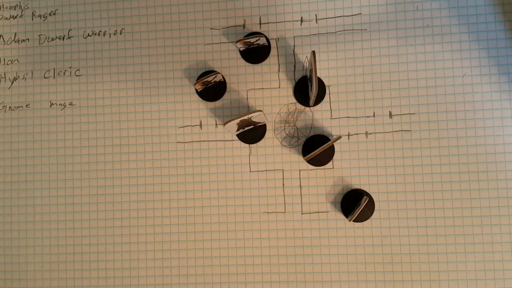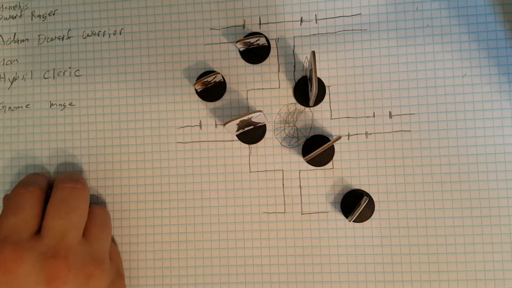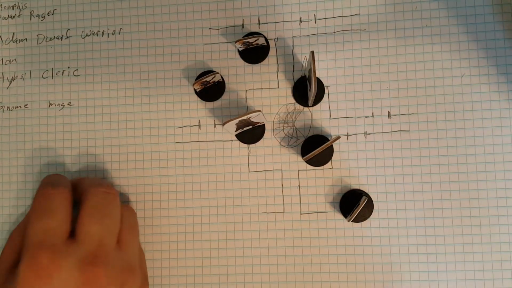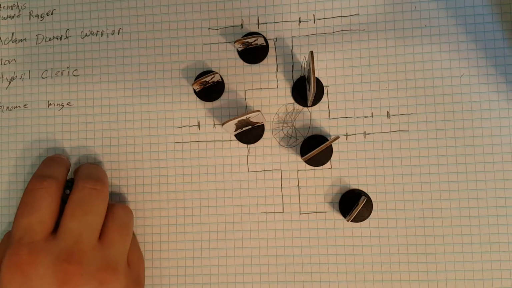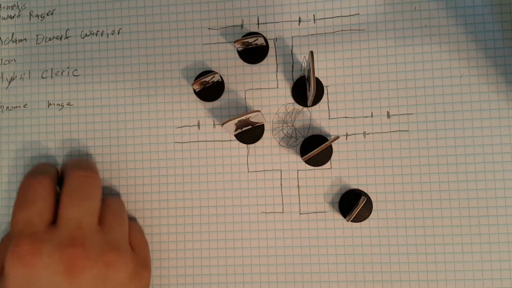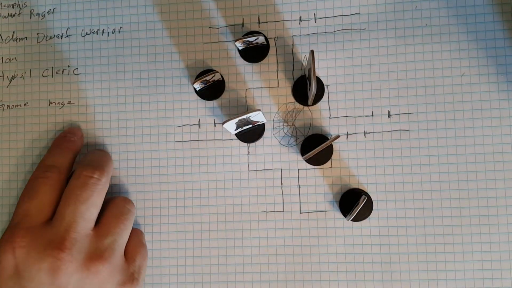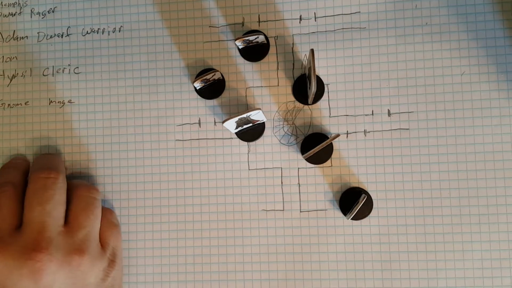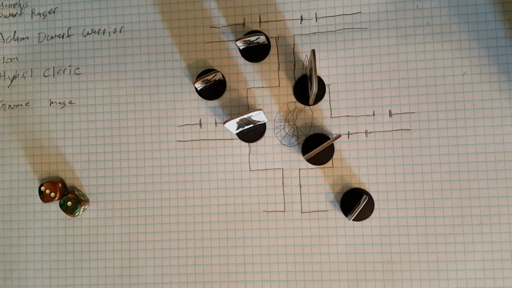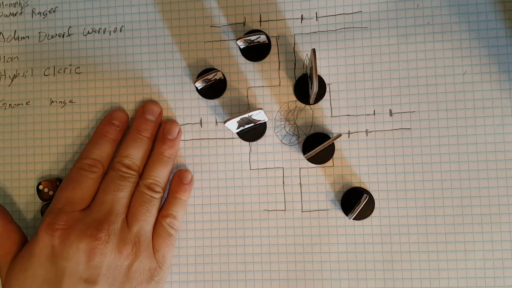So my wife has got a 4, and what were you wanting to do? Did you want to heal? The mage did take 3 points of damage. The gnome mage is traveling with you. Fine. Okay, so you heal the gnome mage for a hit, which is going to bring it back up 3 hit points. All right,